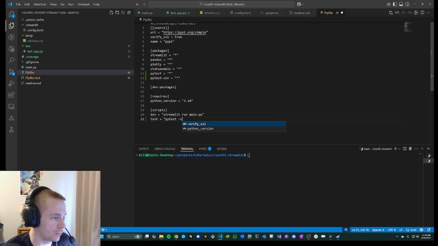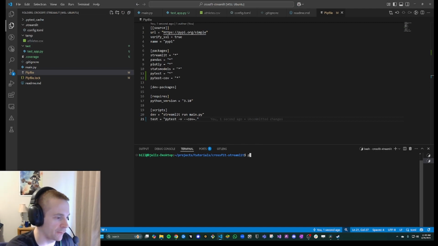So we're going to do -v, that's going to put it into verbose, so if there are any errors that pop out, then it'll show that. And then to enable the code coverage, we want to do --cov equals, and we'll just do dot, so it does the directory that we're on right now. So from here, if we just do pipenv run test,